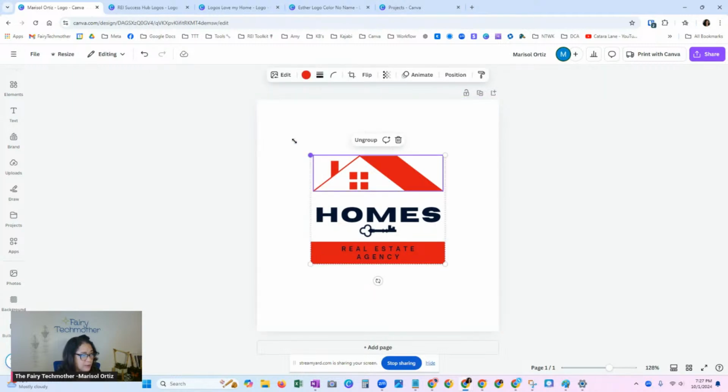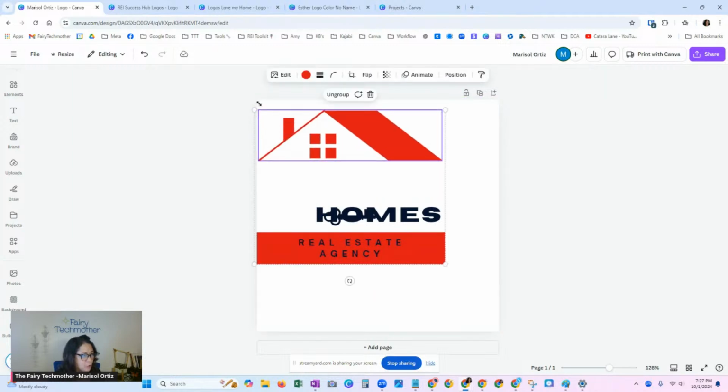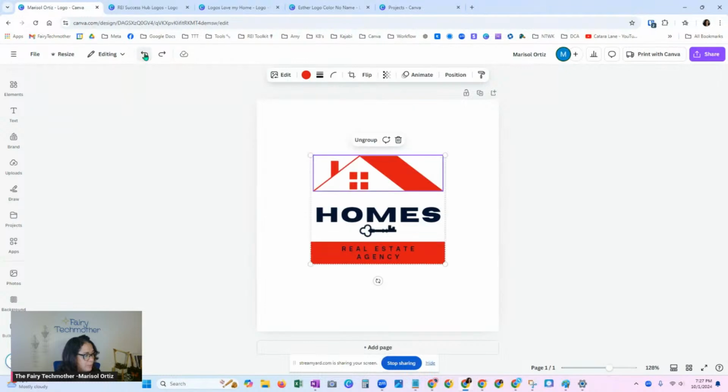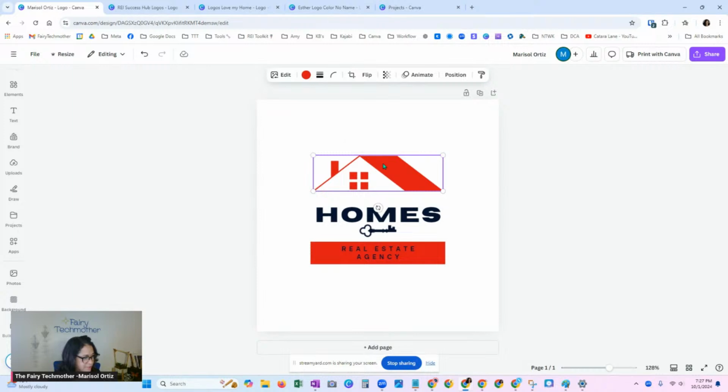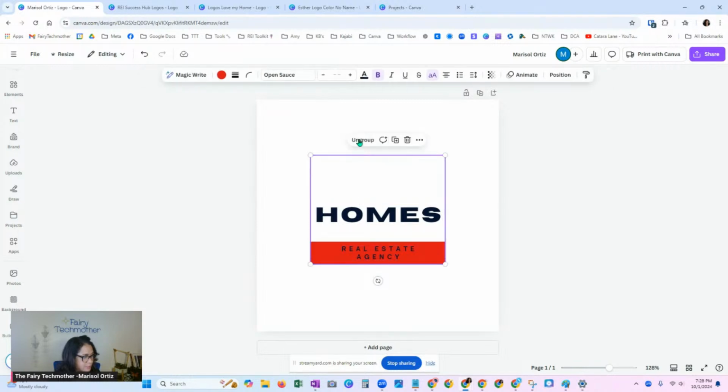So I like to make it bigger. Oh, homes didn't get in there. So let me go back. I'm going to hit ungroup and do it again. So the roof, I'm holding down shift, homes, key, and box, and text. Group.